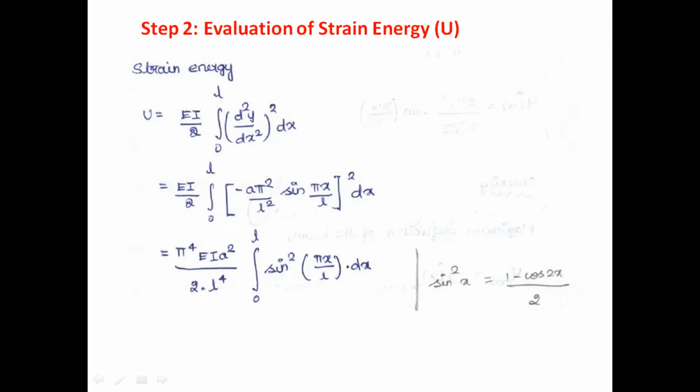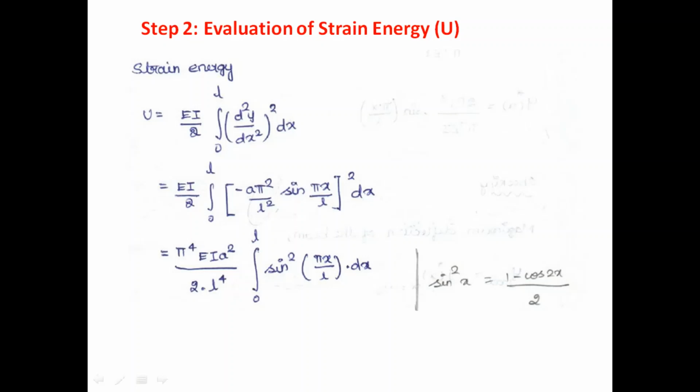Compared to the polynomial trial functions, operating with the trigonometric trial function is somewhat difficult. That is why all the software packages use only the polynomial trial function. Even though the trigonometric trial function will give better solution accuracy, operating with it, the integration, differentiation, everything, is very difficult. That is why the trigonometric trial function is not used by these software packages.